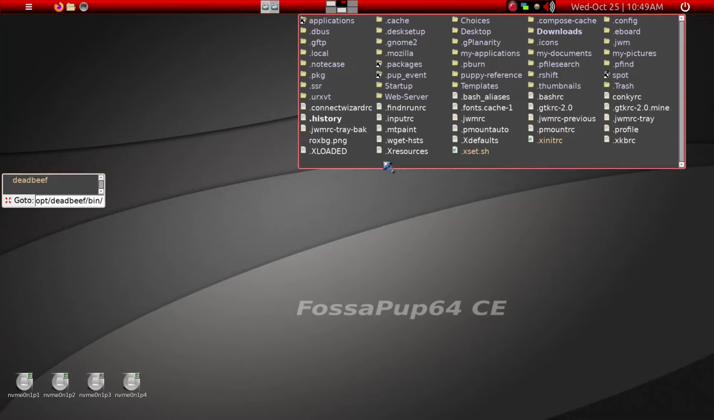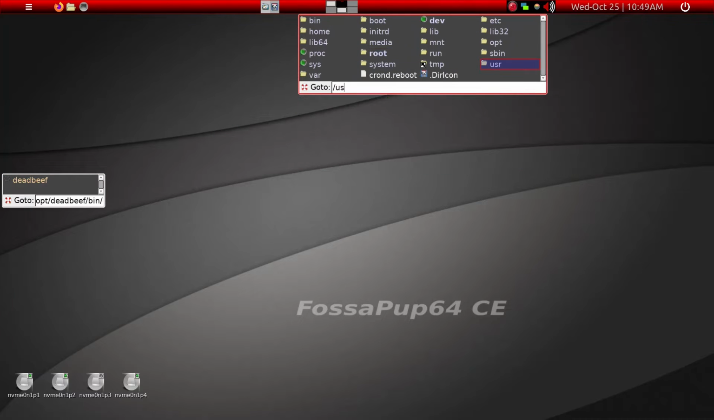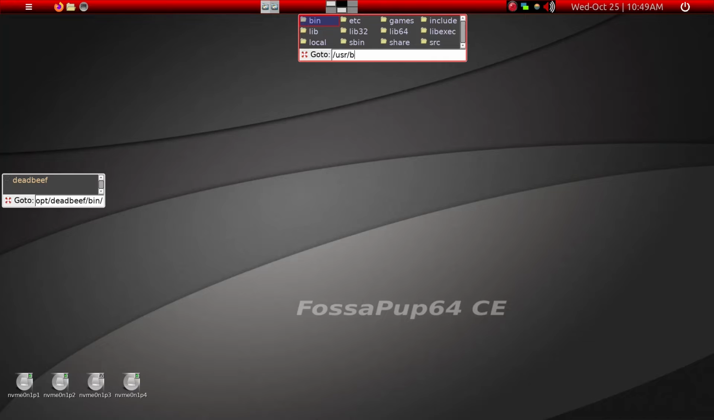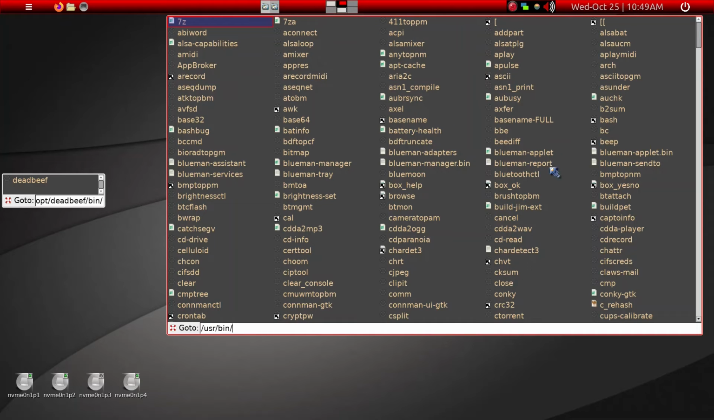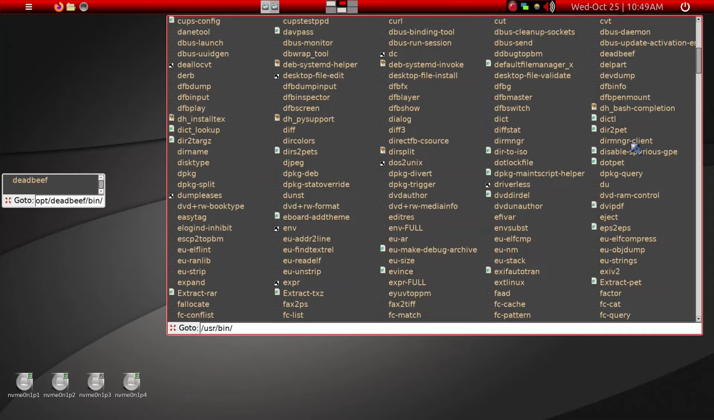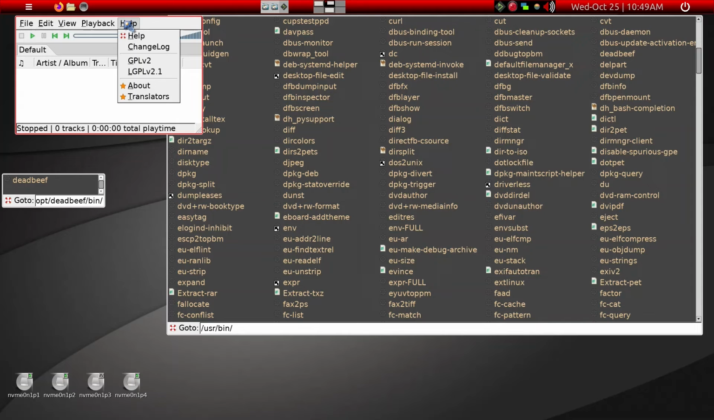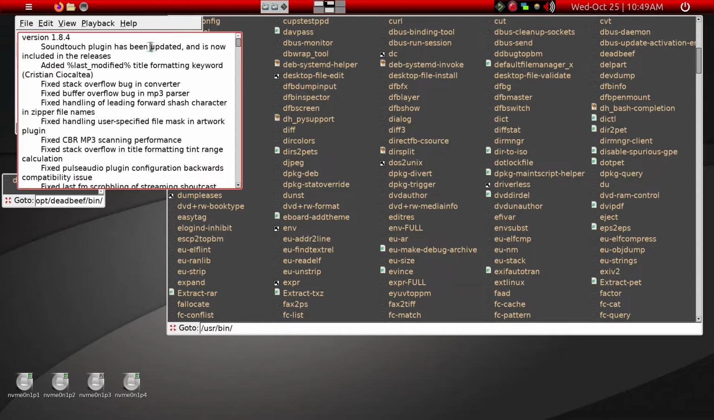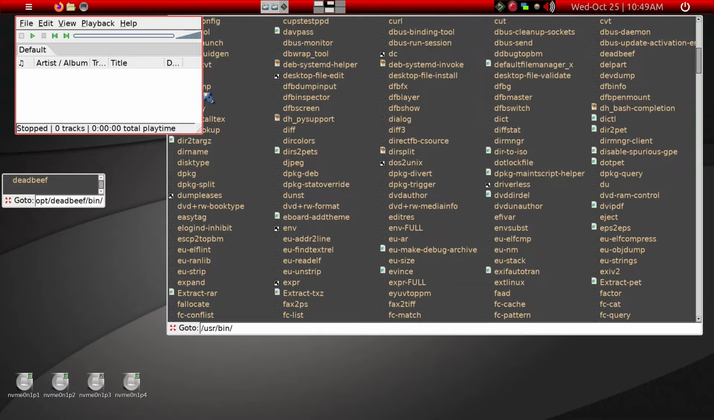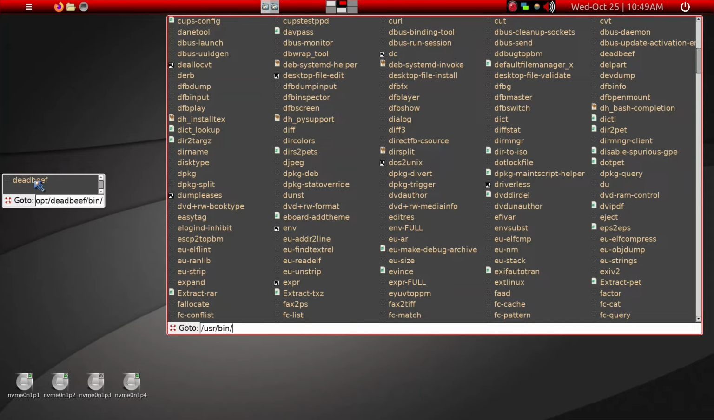if you go ahead and look under USR bin, and you have another Deadbeef. So here, if you start that, you're going to get a 1.84. So to overcome this problem, you can go ahead and just copy the Deadbeef here to here, and